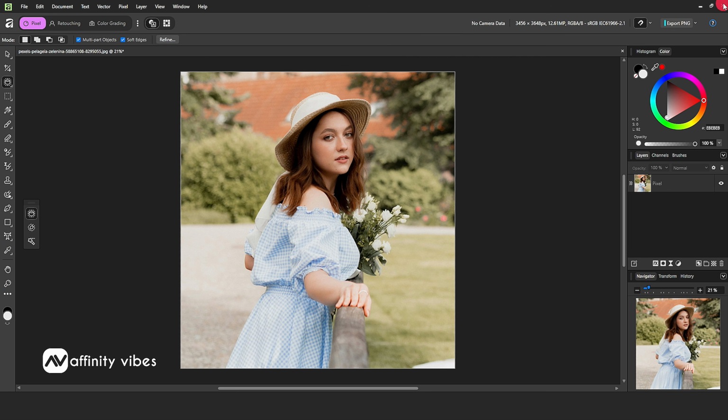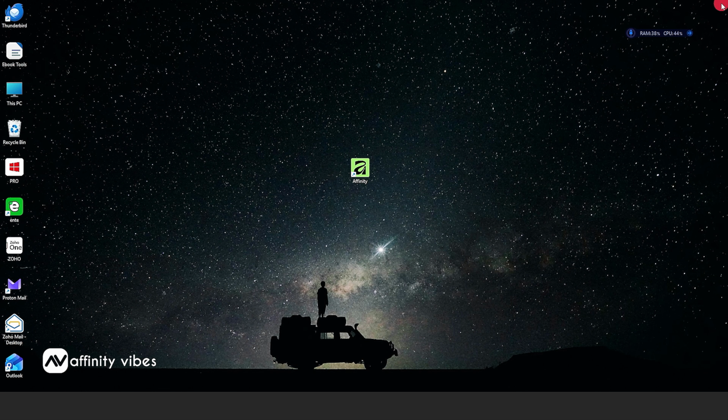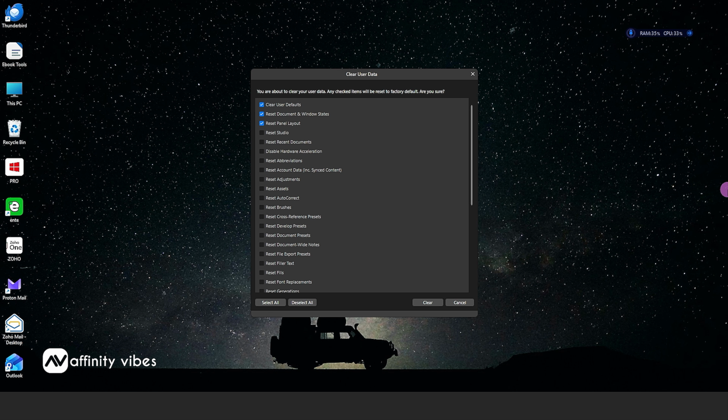Next, if something is wrong with your Affinity Photo, maybe some options are missing or the app is not working properly, then a factory reset is the best way to fix almost every issue. Just hold the Control key and click the Affinity Photo icon to open it. This reset window will appear. Now check the boxes for the data you want to clear,